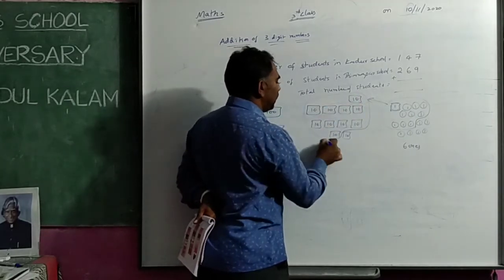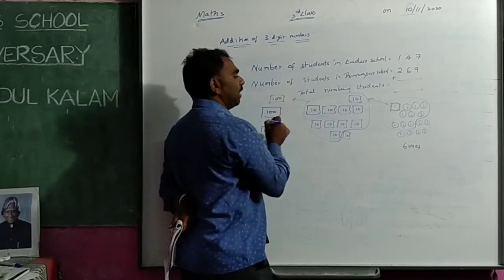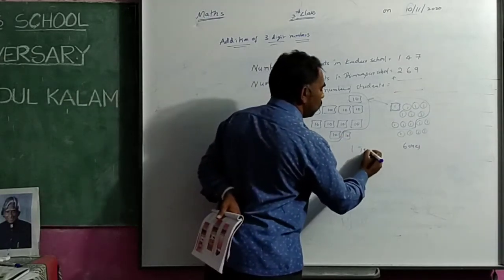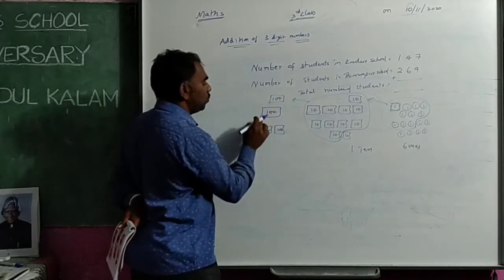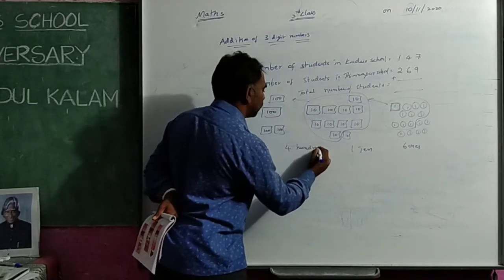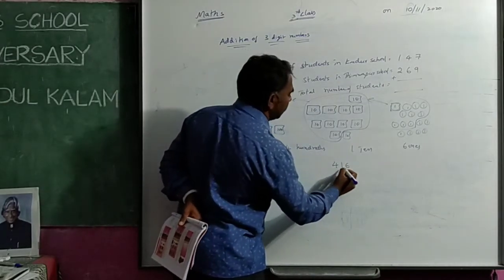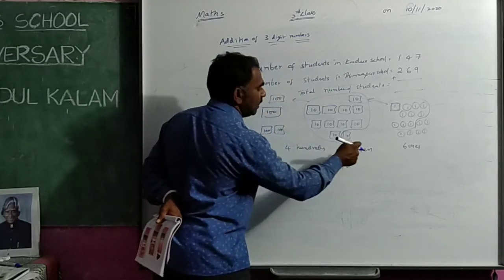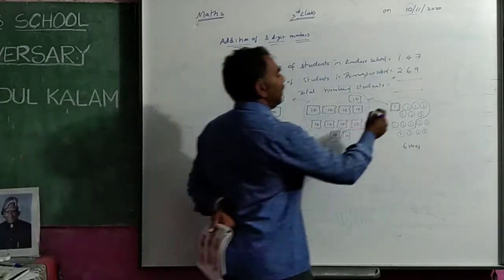When you see the 10 tens together will become 100. How many tens left? 110. Then how many hundreds are there? 1, 2, 3, 4. 400. So now what is the total number? 416. 410. 16. 416. So we will write here